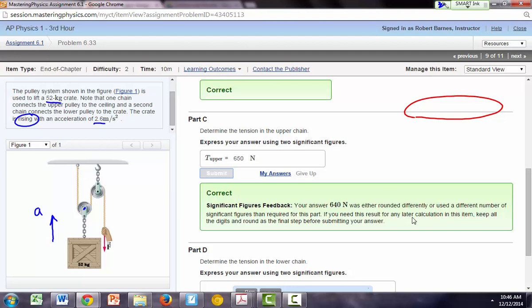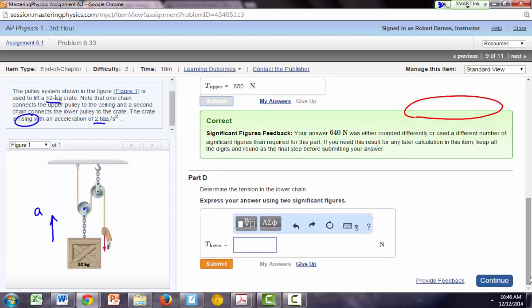Okay? 650. Okay. So obviously it was 320 and change that I would have rounded up to 650 had I added them correctly with the correct 9.81 used from the very beginning. Determine the tension in the lower chain. The tension in the lower chain